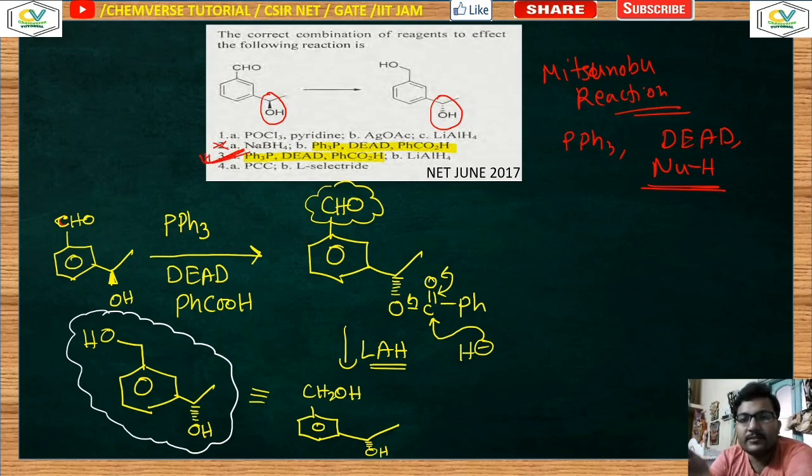Once you know the function of this reagent, then you need not always mug up or remember the total mechanism. Just remember the function of the reagent. So in examination, the name of the reaction is not always important. Even if you forget the name of the reaction, but you remember the function of the reagent, then you can easily make it out. So that's all for today.